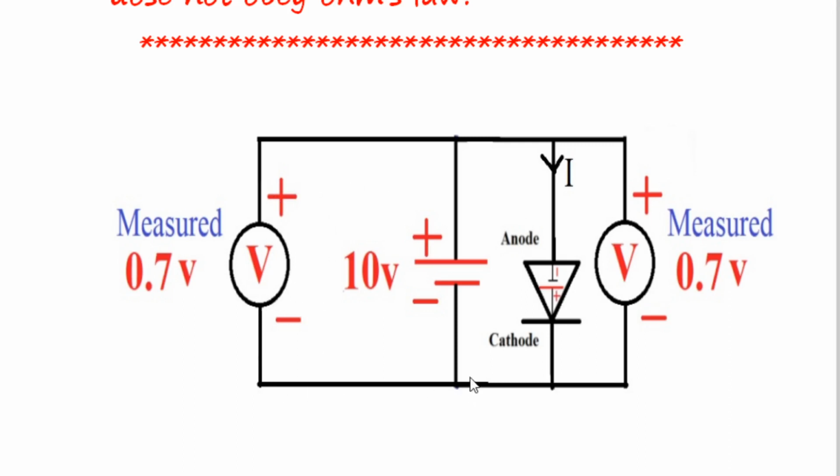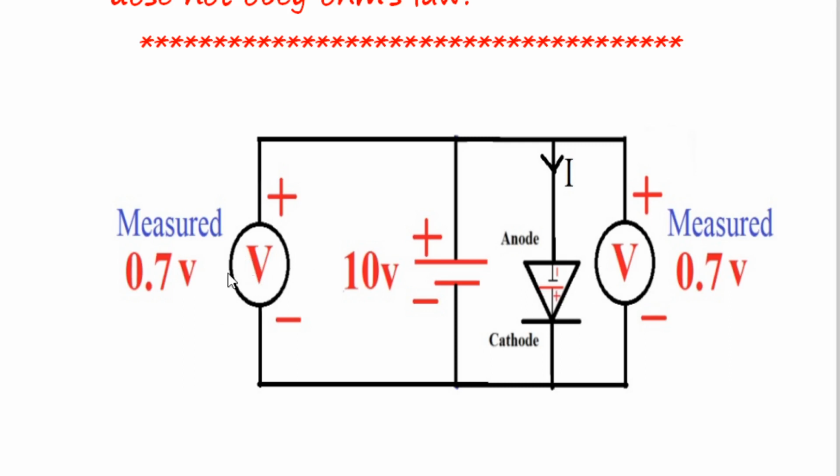The negative of this voltmeter is connected to the negative of the battery, the cathode side. This voltmeter's negative is also connected to the negative of the battery, the cathode side. Means this negative terminal is also a common terminal between both voltmeters. The positive terminal is also a common terminal between both voltmeters, connected to the battery's plus as well as this. Now the question comes here,